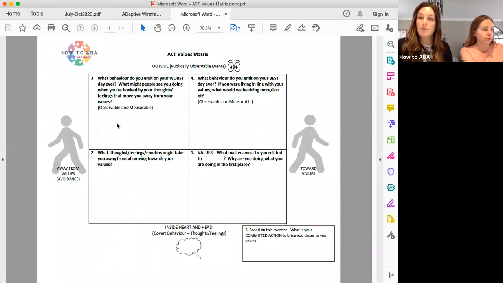But there is something to be said for using those bottom two quadrants, right? Because private events are still behaviors. And if we're just focusing on the observable behaviors, we're missing a whole chunk of the things that are going on in a person's mind. And maybe they don't really care about having friends. And then is this a behavior that they're going to want to